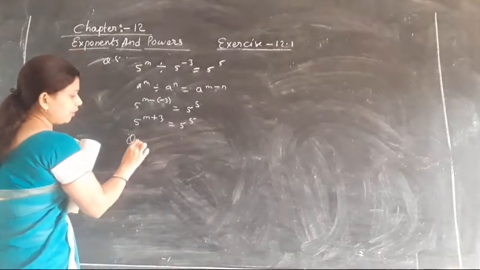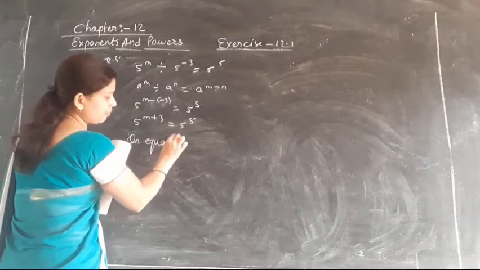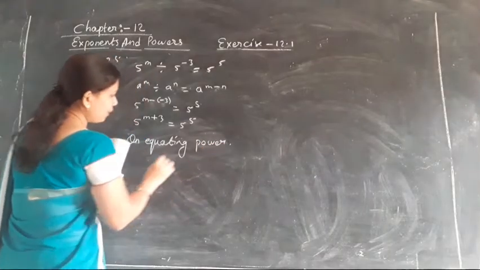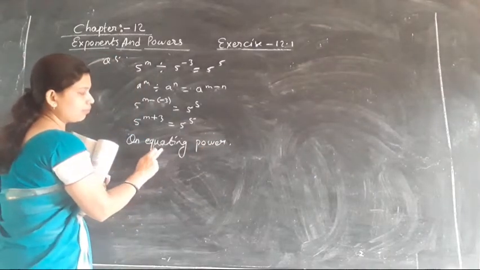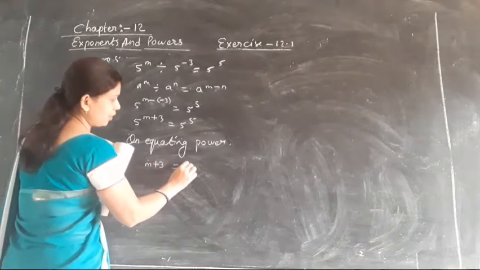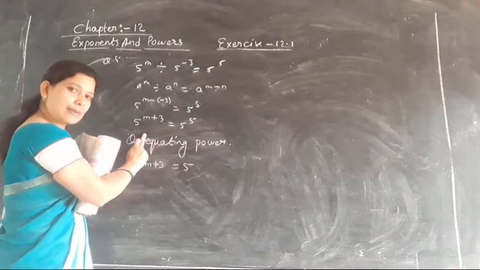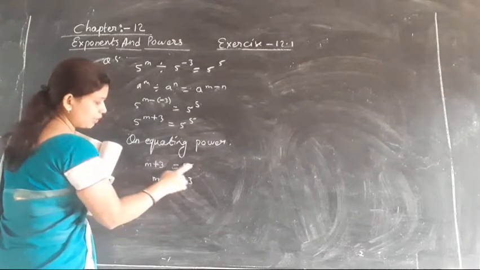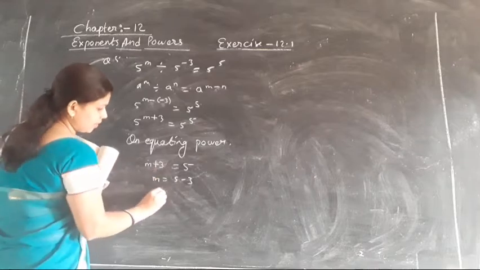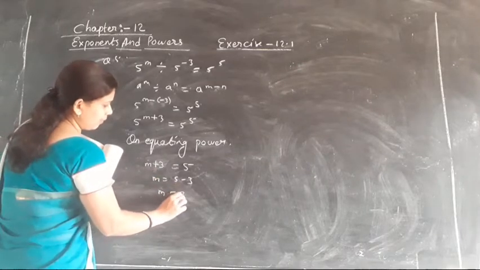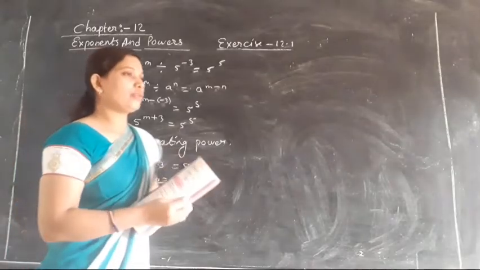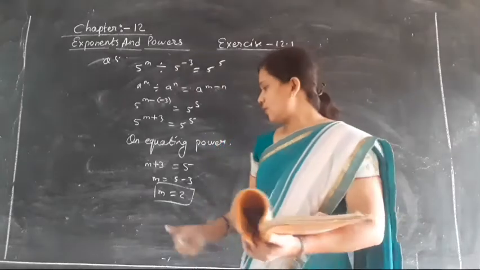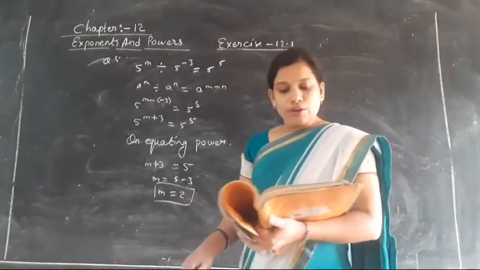Now on equating the powers, what will we do in the next part? You will equate the powers. Okay, so on equating the powers, this statement means that we will only take the powers forward. Why? Because their base is the same, so you only take the powers. So here it will become m is equal to 5 minus 3. When you transpose, the plus 3 will become minus 3. So m is equal to 5 minus 3, which will become 2. So what is the answer here? You will total it all together, and the answer you will get is that the m value is 2. So this is the required answer for question number 5.